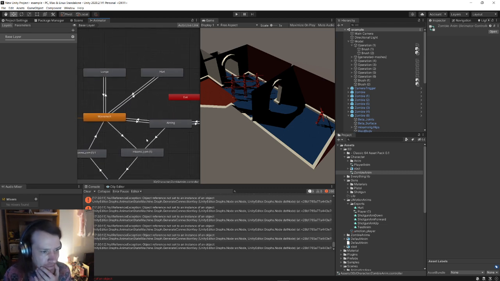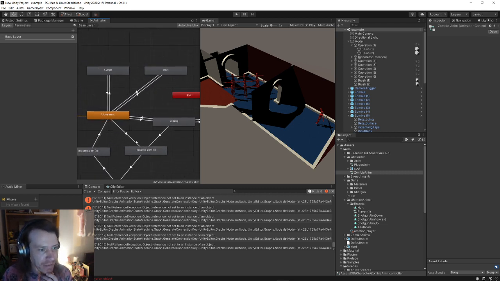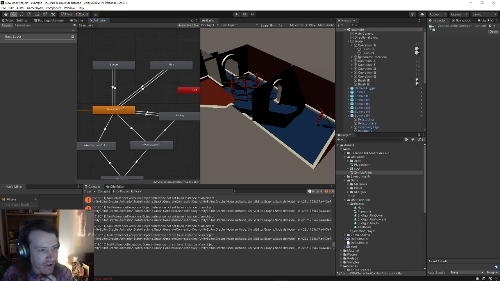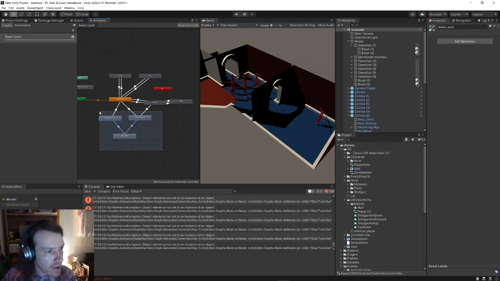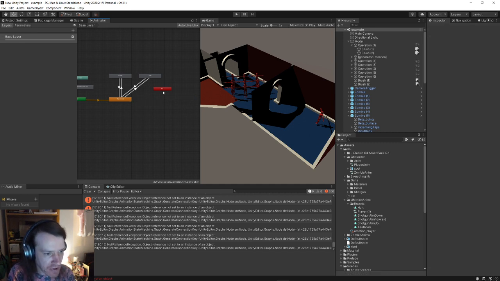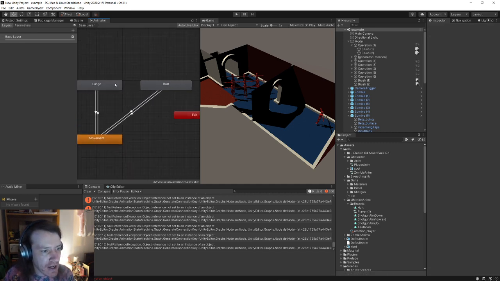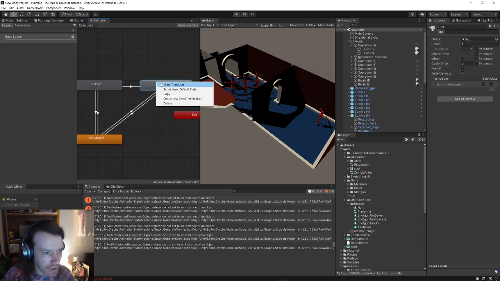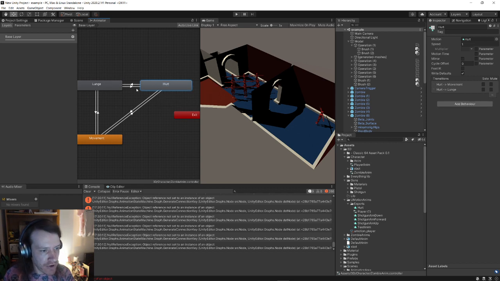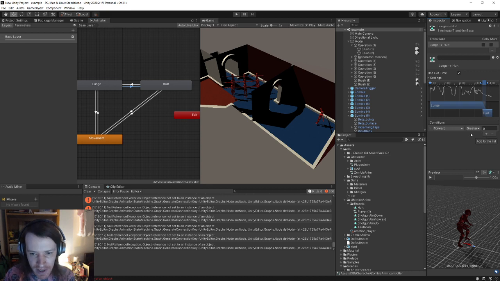Right, so one of the problems at the moment is if the character is in a lunge, you can't hurt them. So we're just gonna... This is for the zombie. So the zombie doesn't need many things. They don't need aiming and firing. We'll just delete those. And we're just gonna add another condition in here. So during the lunge they can be hurt. So we'll just add condition,